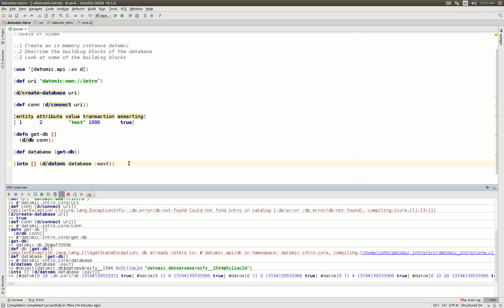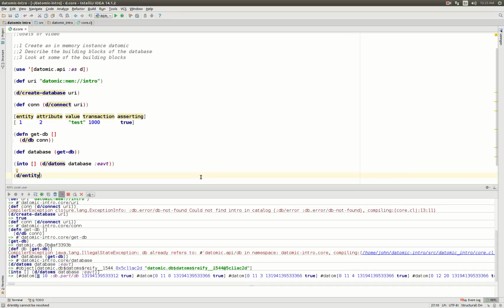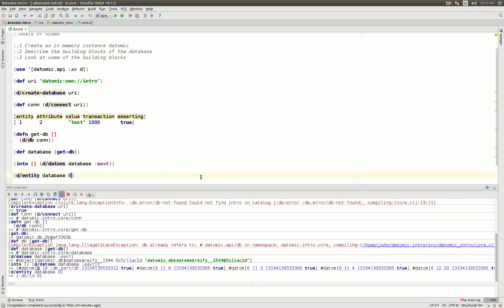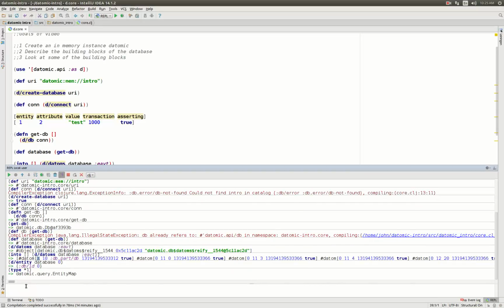So since this is basically the database bootstrapping, then everything's just added. So what is this 0 entity? You can run the d/entity function on the database and give it that value, and it's going to give you this thing. In Clojure, it looks like it came back as a map. It's not exactly what it is. It's an entity map,